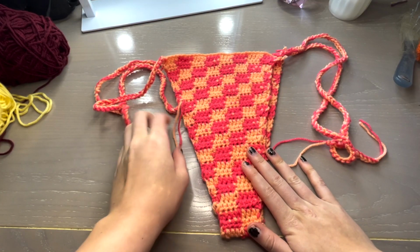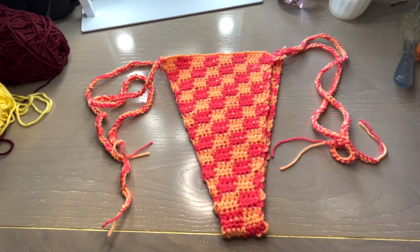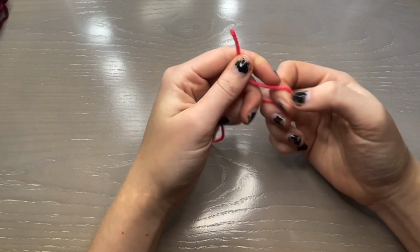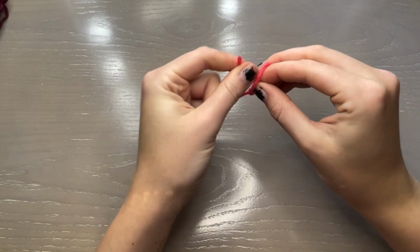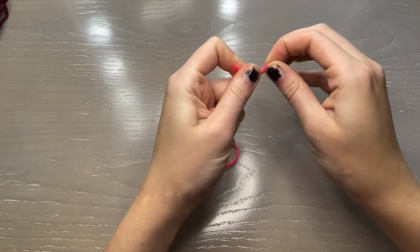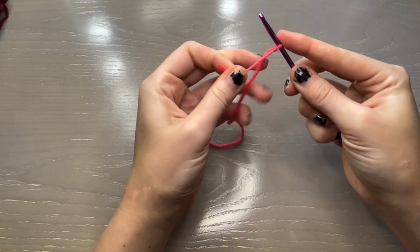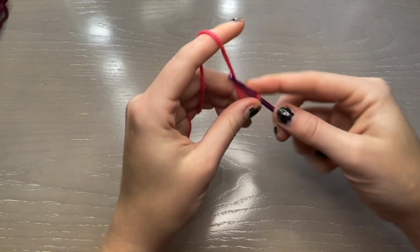Alright, and that's the end of our bikini bottoms, and now we'll move on to the top. I am going to start with a chain of 33 because I measured that against my own breast and saw that's how long I needed to cover the bottom part of my breast. For you guys it might change,